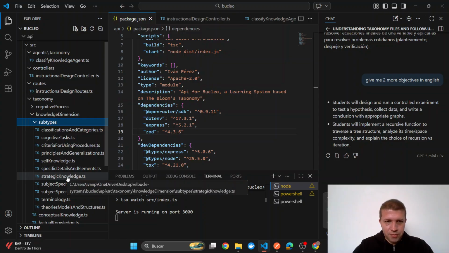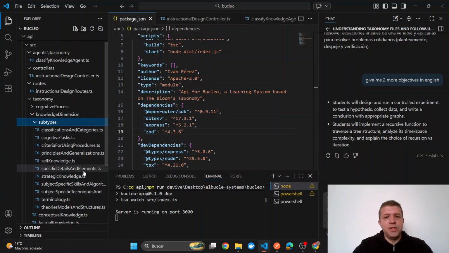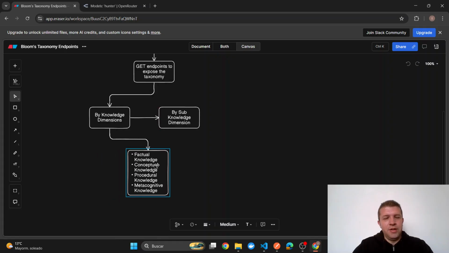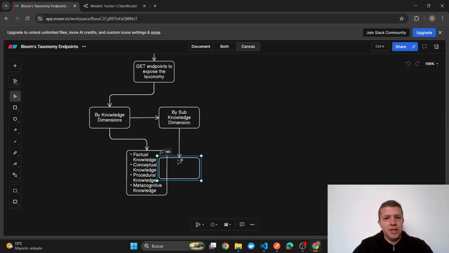Strategic knowledge is from the procedural knowledge. So we have all these different subtypes that I want to get from here. Okay, so let's just put right here in the middle, and I'm just going to point this to this actually. Let me just see. Okay, let's just leave it like that. So I want the endpoints by knowledge dimension, by sub-knowledge dimension, and I also want, let's put this over here,